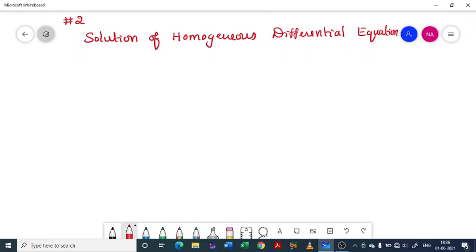In case of non-homogeneous equations, you have to find the complementary function, and along with that, you have to determine the particular integral or particular solution. That I will explain later, because it involves the reverse process of differentiation, which is why we call it an integral. For the time being, we don't worry about the particular solution case.